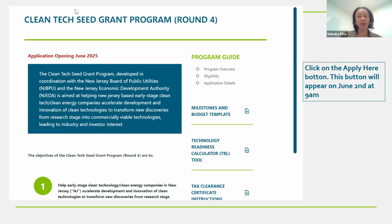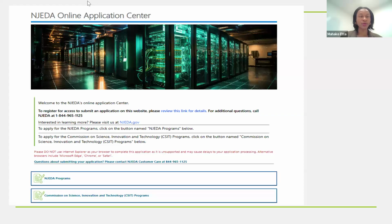You'll be able to find our board memo and spec sheet, this webinar presentation, the webinar slides will be posted, and all of the information you need. When the application launches, you will see an Apply Here button right above this milestone and budget templates button. It'll be the first button, and you'll be able to click on it to start the application process. And then it'll bring you to this online application center